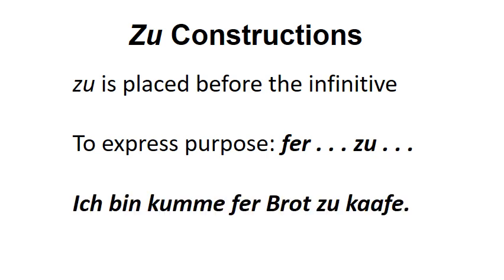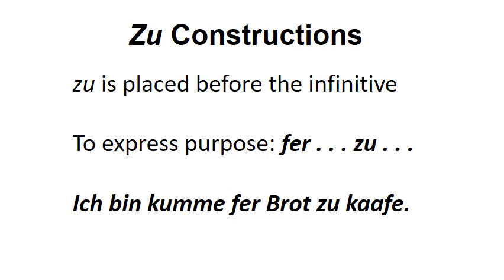I've got an example for you here. Ich bin gekommen, Brot zu kaufen. That means I've come to buy bread. Kaufen means to buy. Brot is bread. I have come to buy bread. Notice in English we often translate these purpose clauses simply with to. That's the equivalent of the Dutch zu. In Dutch you usually throw in a fa as well. Fa is the same thing as English for.